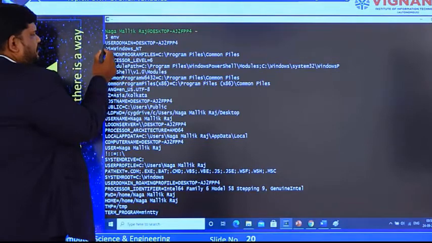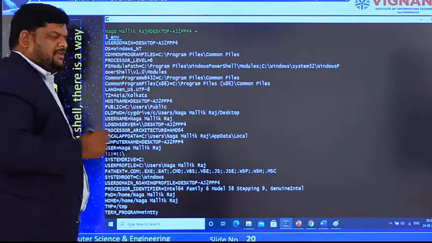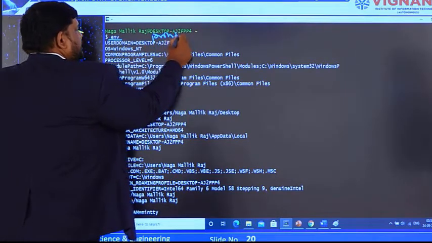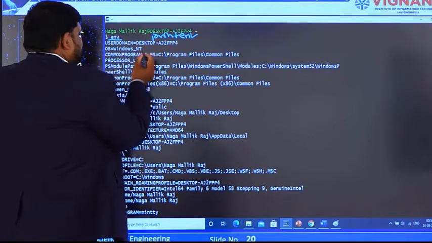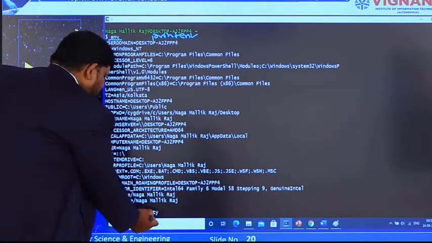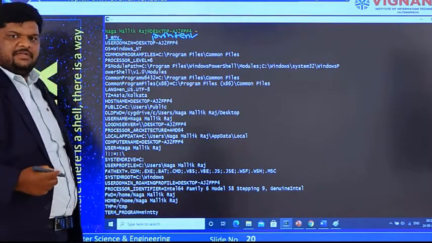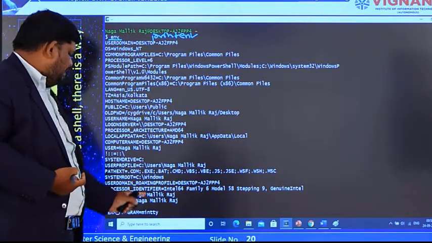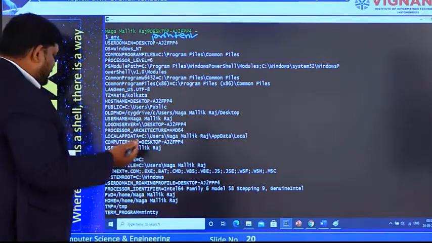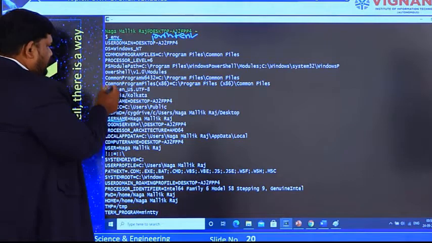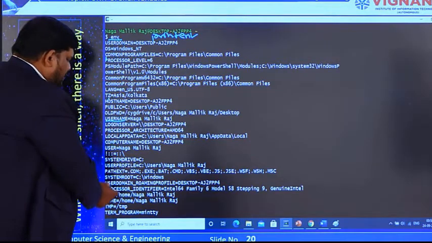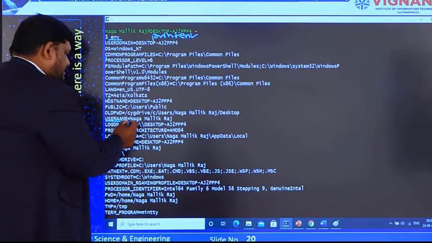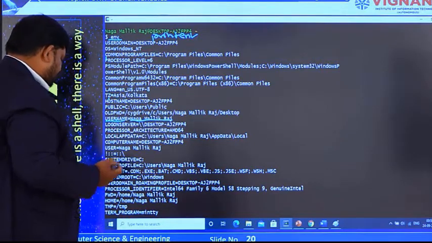This is the example here. If you observe, env is the command. We know that we can write env, or we can write printenv. With the help of these two commands, it will list out all the existing environmental variables like this. So with the help of these two commands, we can check what the environmental variables are. For example, if you observe here, some important one is username. All of these, starting here, are environmental variables in uppercase letters. One of the environmental variables here is the username, Nag Malikraj. So this is the username, like that.